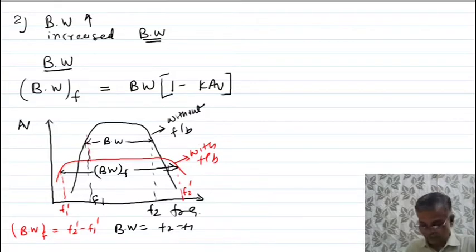So in short, we already know that gain decreases. This is the gain of the amplifier without feedback. This is the gain of the amplifier with feedback. So gain decreases, that's a disadvantage. But bandwidth increases. Can you see the bandwidth increases? So I want to prove that the bandwidth of the amplifier with feedback is nothing but the bandwidth of the amplifier without feedback multiplied by 1 minus KAV. Or you can say how many times bandwidth increases? 1 minus KAV times. K is negative, so this becomes plus. So do not confuse. Okay, so let us prove. Very simple, it's a very easy way you can prove this.